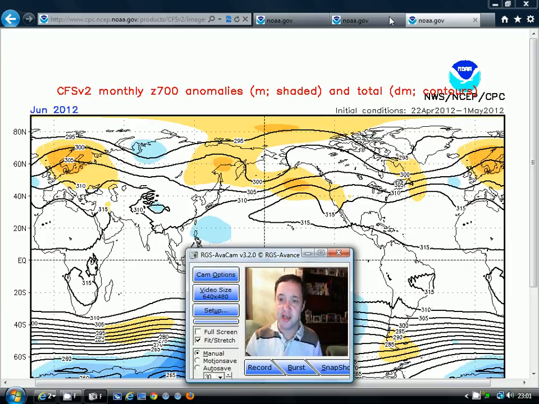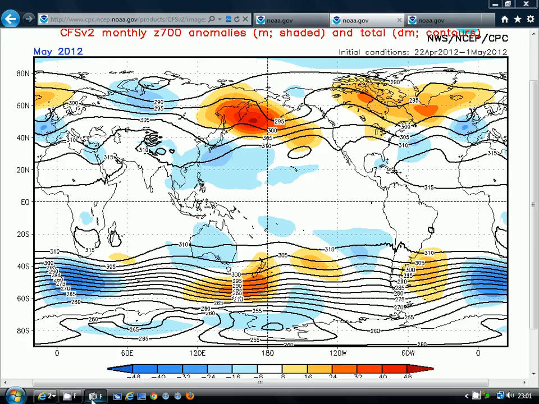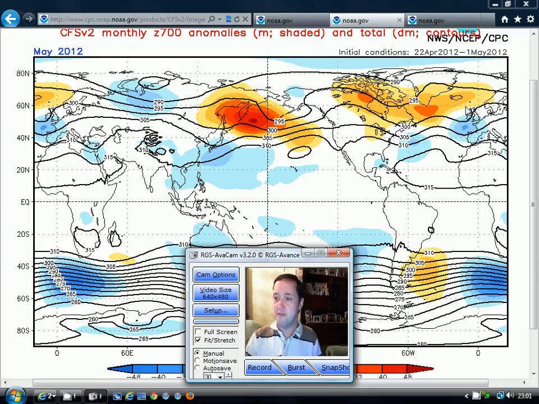But we do have to be careful about this because the CFS models aren't that good once you go more than a month ahead into the future. So I think we have to be careful about this. But on the face of it, that is shaping up to perhaps not be too bad a start to the summer. But anyway, coming back to May, and finally, once again, I just want to recap on the CFS version 2 prediction for May